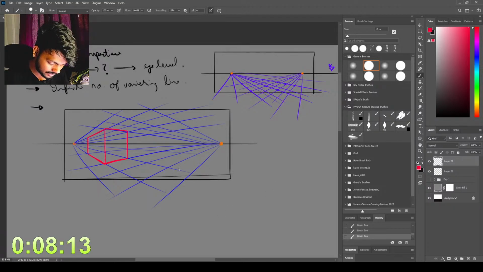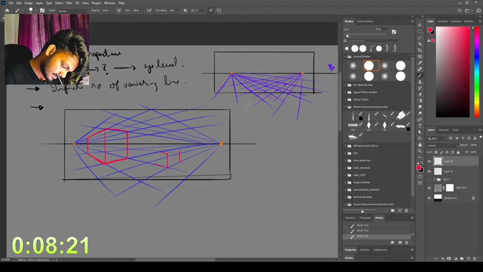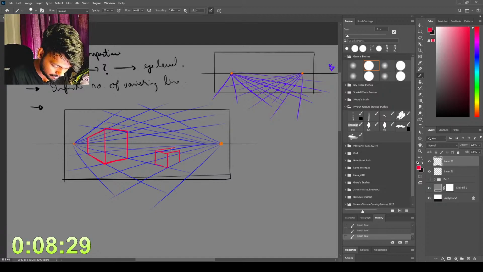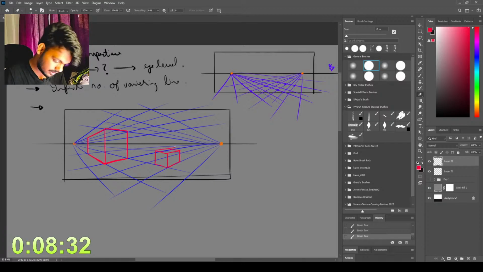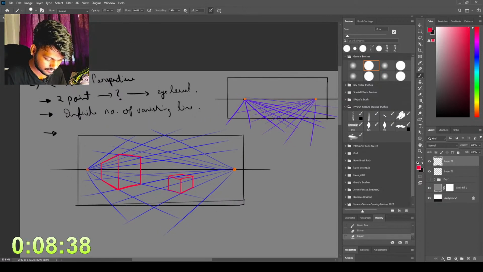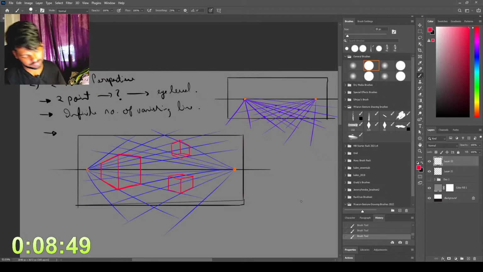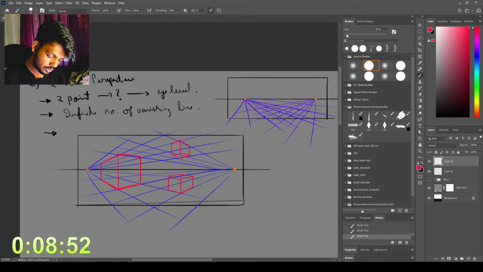Let's create another one. So I will be creating a small one over here. Let's turn it a bit up so I will be able to create this thing. So that's another amazing cube over here. And you can create one over here. As you can see, guys, as I create these cubes, you can see the cube which is below the